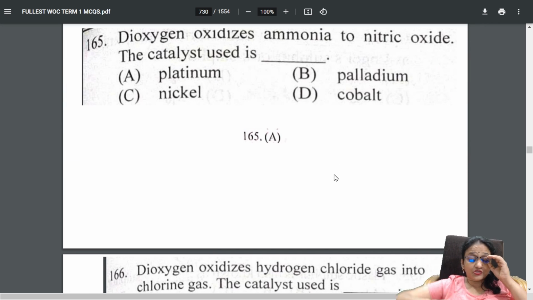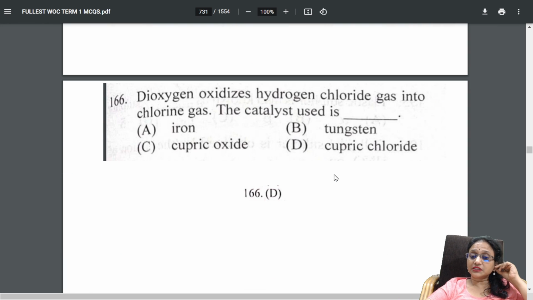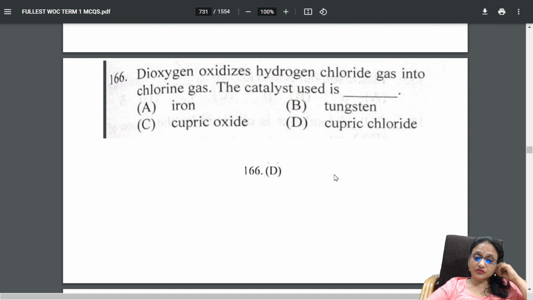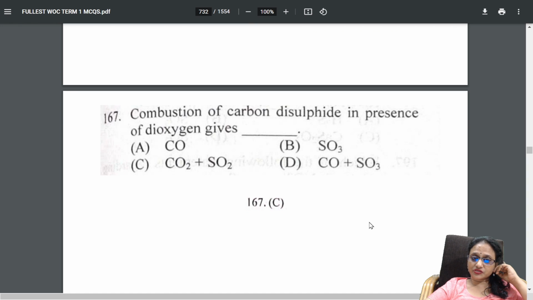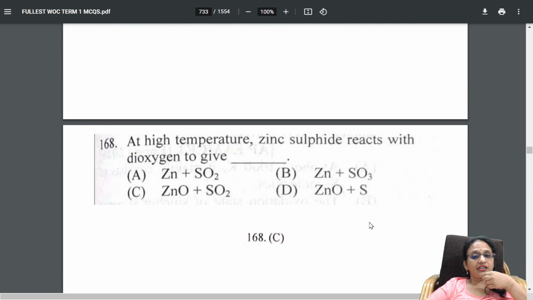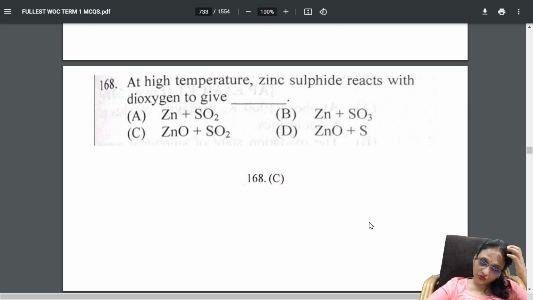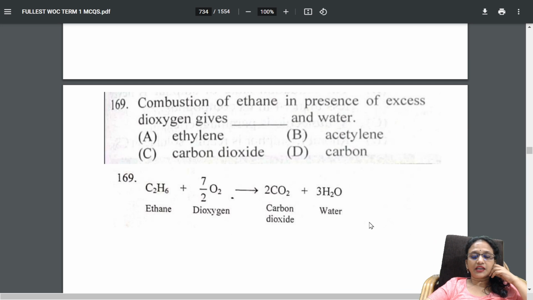10 marks of P block, students. So please learn carefully. Reaction of dioxygen with chloride. Combustion of carbon disulfide with oxygen. This one. High temperature zinc sulfide reacts with what products you get. Like that, one